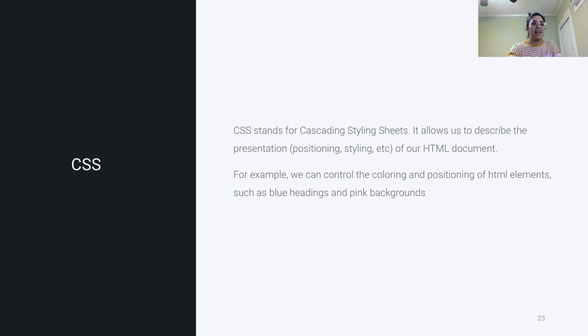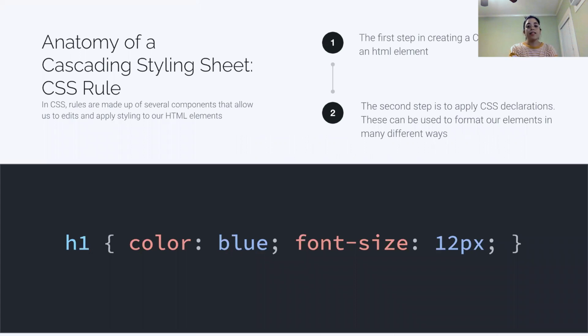So exactly that. CSS, again, stands for Cascading Style Sheets. It is used to basically describe the presentation of our HTML elements on our document. All right, so now let's get into the anatomy of a CSS rule. With HTML, we had HTML elements, right? That was the tags with the content, and together that was called an element. In CSS, we have rules, okay? So the anatomy of a CSS rule